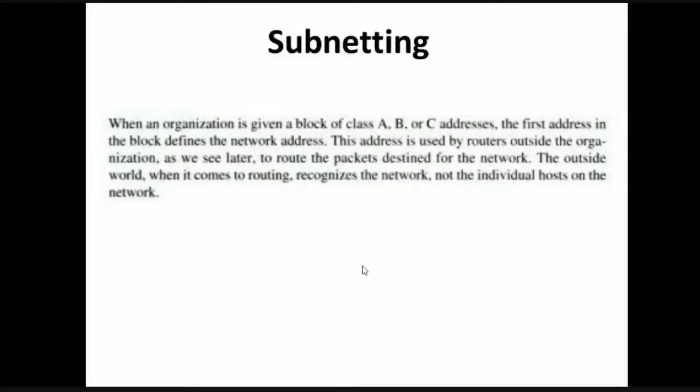So in the last class, we discussed IP addressing or logical addressing, that it is a 32-bit address, and we have different classes of IP addresses, that is class A, B, C, D, E. Class A, B, C are used for assigning IP addresses to the systems, and class D is used for multicasting and class E is used for future purposes. And then we came to know how to find the network address given the IP address and so on, right?